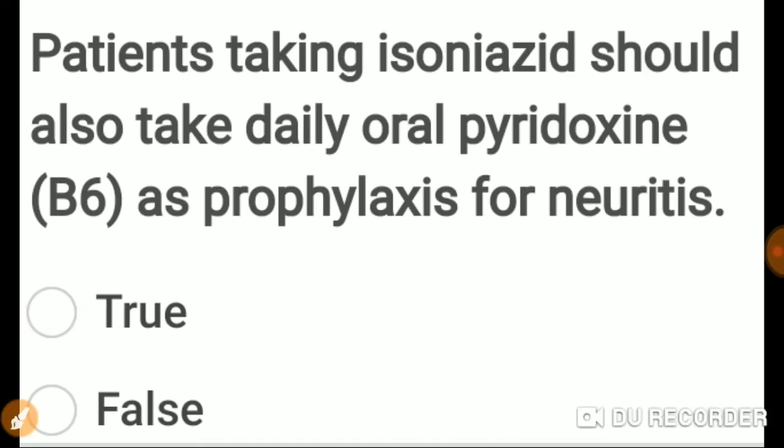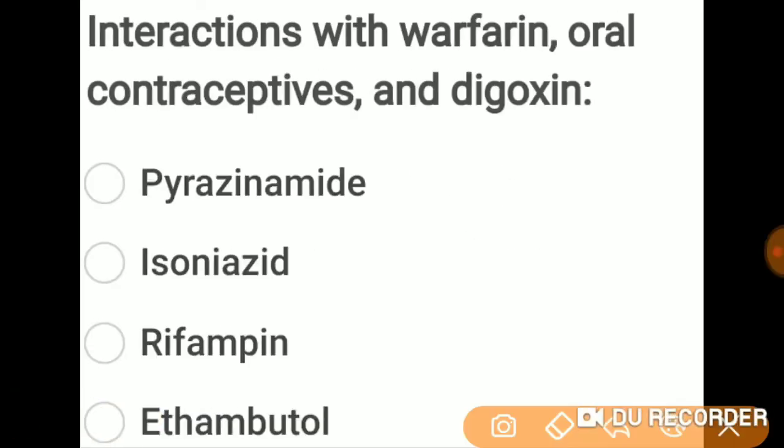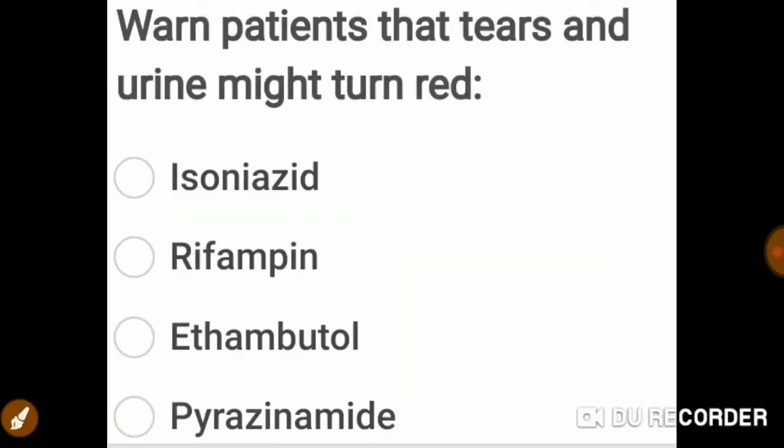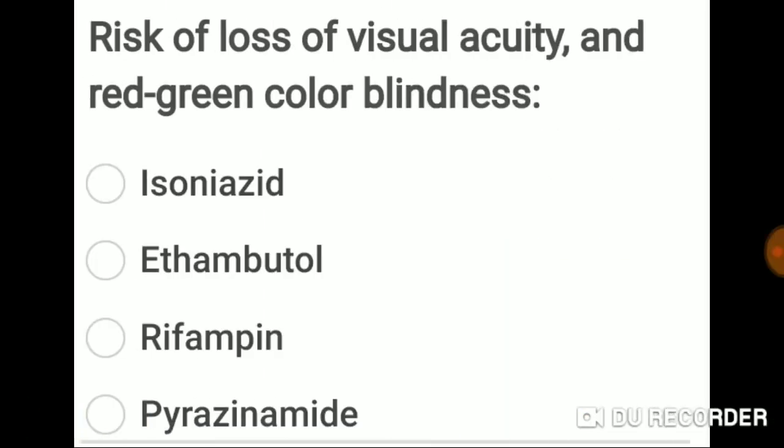Yes, we have to give it for tubercular patients. Interaction with warfarin, oral contraceptives and digoxin, that is rifampin. Warn the patient that tears and urine might turn red or orange in color, that is rifampin. Risk of loss of visual acuity and red-green color blindness, that is ethambutol, E for eye and E for